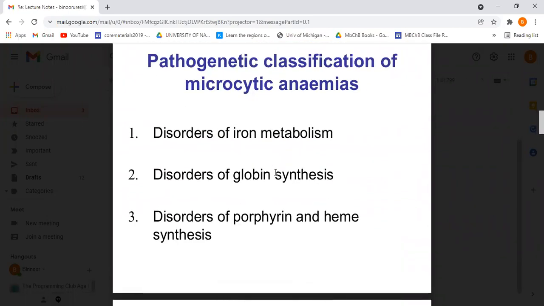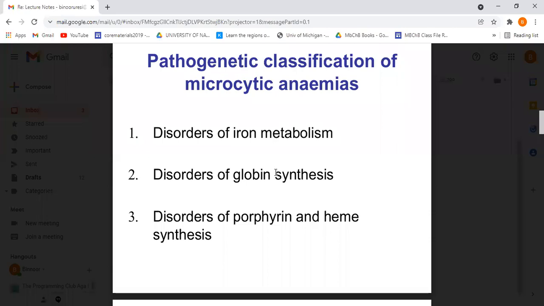So we talk about the pathogenesis. Remember, we said that our objectives were to define. We have defined microcytosis. We're going to talk about the pathogenesis. So when we classify the pathogenesis or the causes of microcytic anemias, they either do, as I said above,